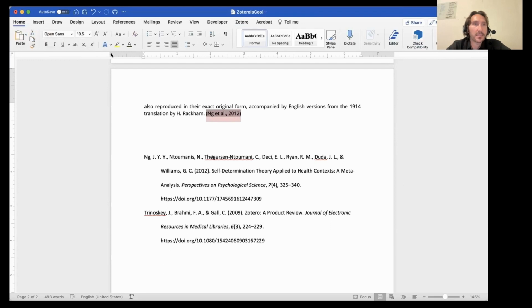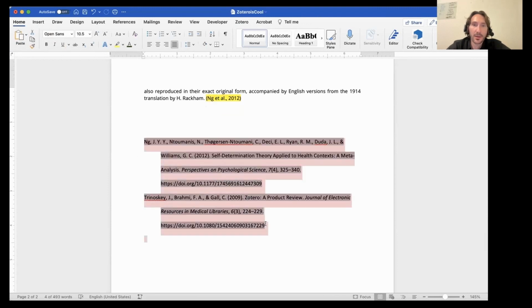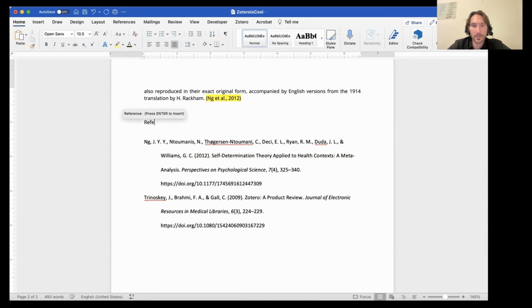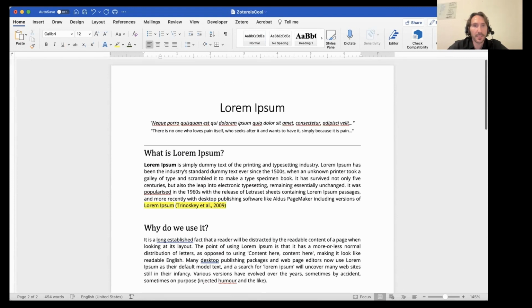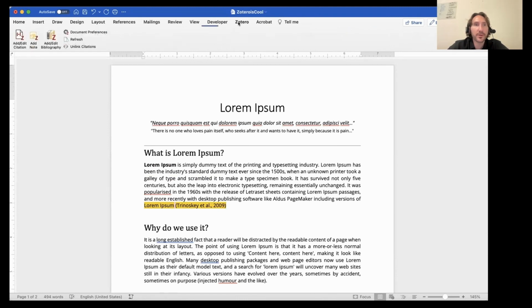It just added, with a few clicks of the button, this source for self-determination theory, and then it automatically organized it in alphabetical order according to APA format. And so then you can go through and change your whole document and add everything as needed. Now, if you also go here to edit citation,